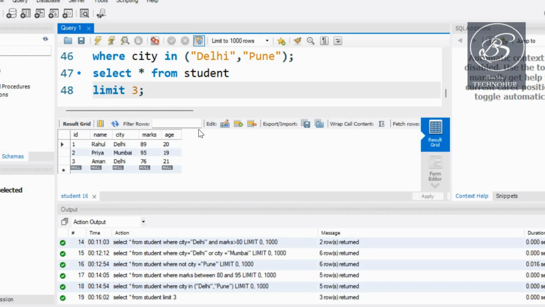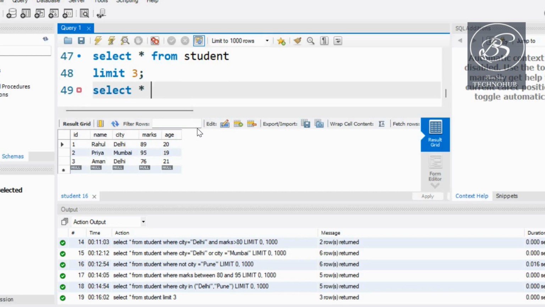So next one is your order by clause. So right now our records are displayed in the order they are inserted. But what if we want to sort them? Suppose we want students arranged according to their marks. That's where order by comes in. If you want the ascending order, then you can go with the ascending order query like this: select star from student order by